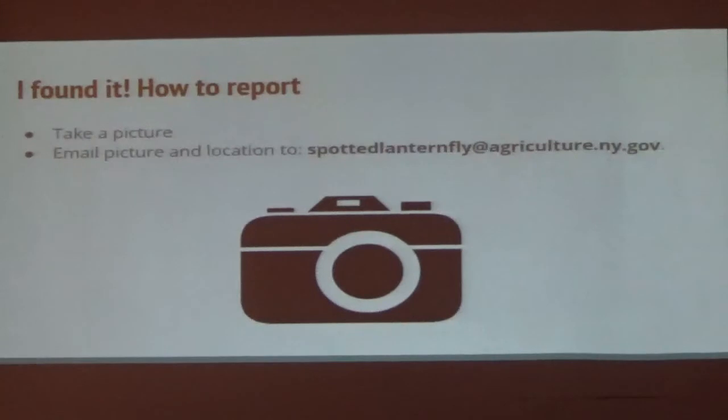If you think you found spotted lanternfly in an area where it hasn't been found before, we're asking you to report it. It's really just as simple as taking a picture and then emailing that picture and the location where you found it to